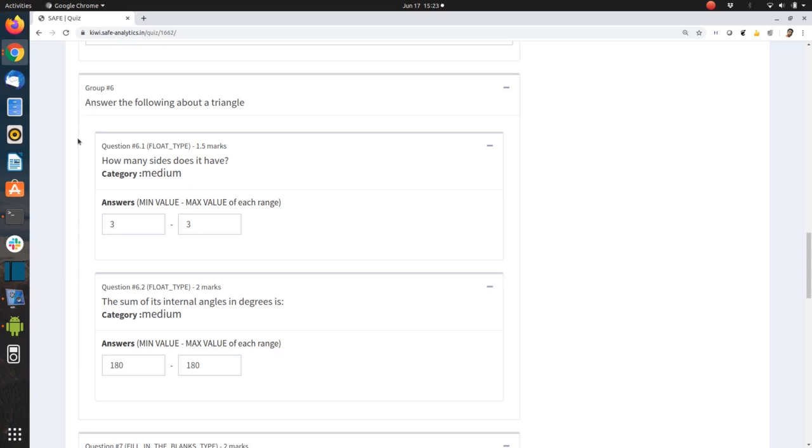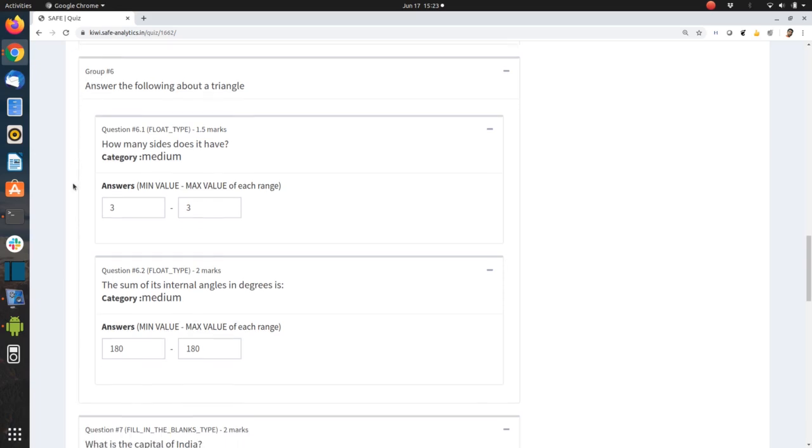So for example, in this question group, it is group number 6. We have question 6.1, which is the first part of this question, and question 6.2. So even if randomization is turned on in the quiz settings, for some students it will appear as, let's say, 2.1 and 2.2. For some other students it may appear as 4.1 and 4.2 and so on. So as a group, this set of questions is randomized. However, these two questions, part 1 and part 2 of the same question group, will appear together.